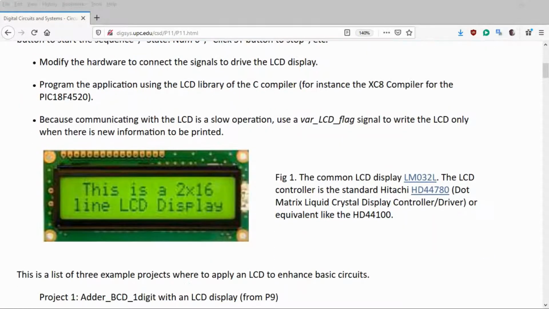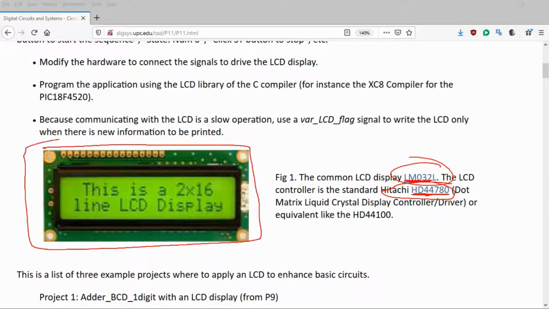It is that simple. You have this device now in mind, you buy it for a few euros. For example, that one, the LM032L, a standard that is based on this Hitachi peripheral. You can study that, clicking on the links, you get the data sheets of these devices, but in some way what you've got is the device that can be attached. You see, you have connections, and this time you will have 7 wires